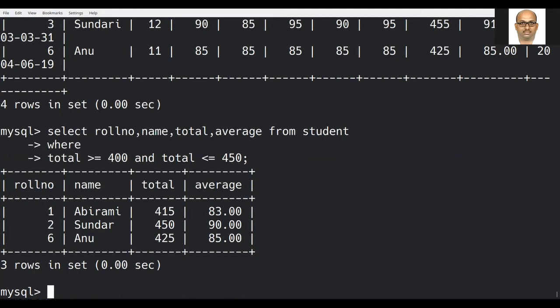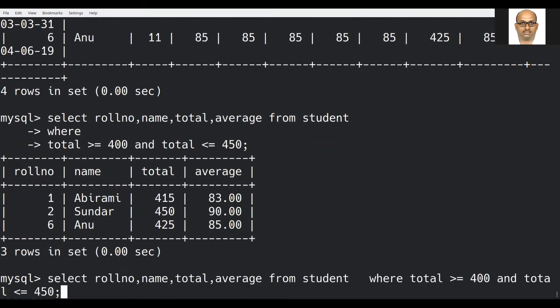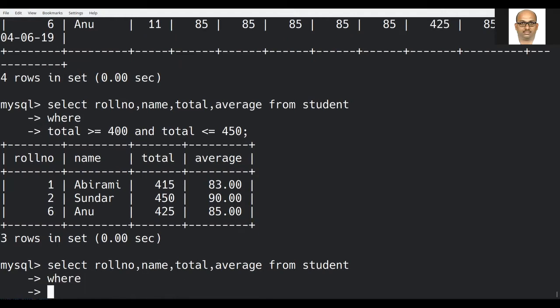Can I rewrite the same syntax using some other condition? Yes. What is that condition? Instead of using this one, I am introducing where total, again specifying the same column name, using a command called between 400 and 450.